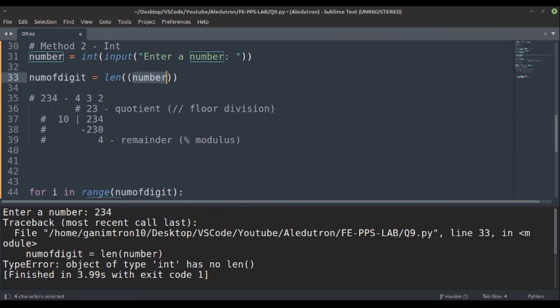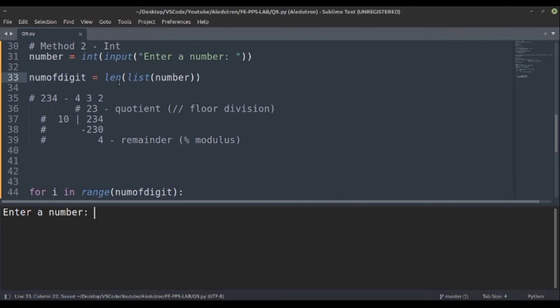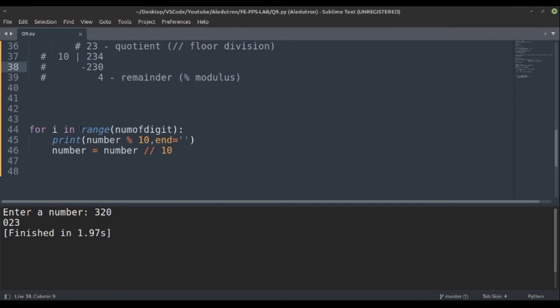So we have to convert it into a string and take the length. So now 023 would give us 32. But in the reverse case, as we saw, 320 should return us 23. It is not returning. So we have to save this in a number.